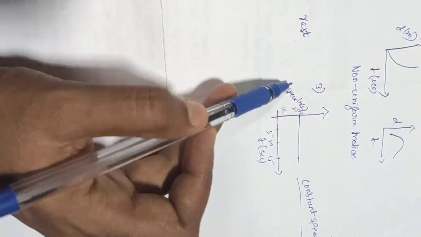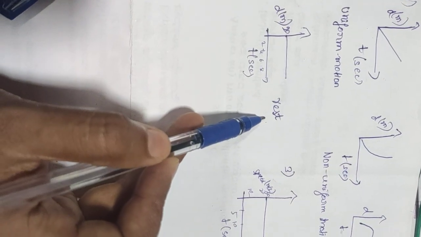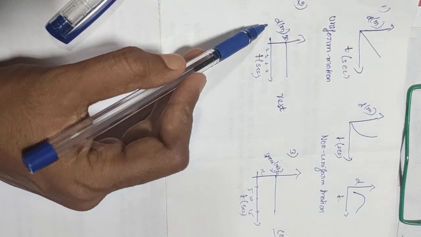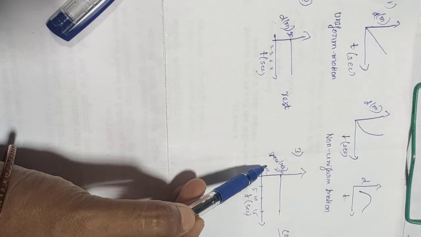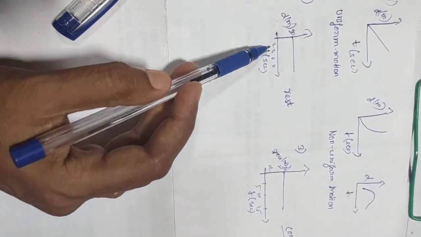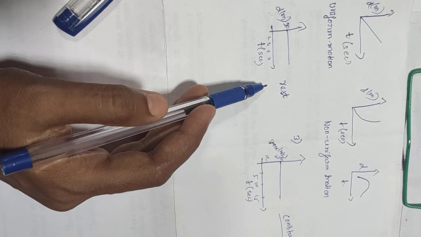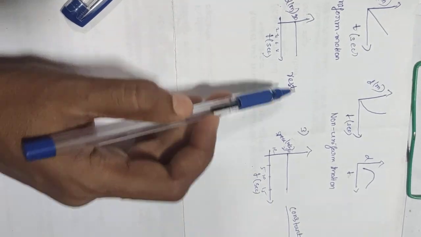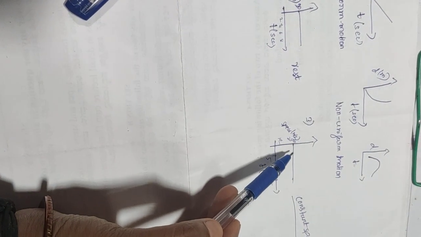If instead of speed you write distance, then the object is at a rest position. So just observe the difference between these two graphs. On the y-axis in one graph they gave distance, in this graph they gave speed. So when the distance is constant with varying time, we say the object is at rest. But here the speed is constant with varying time, which is parallel to the x-axis, and we call that constant speed. That is nothing but the object moving with a constant speed.